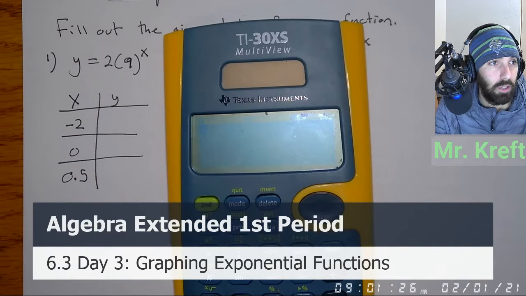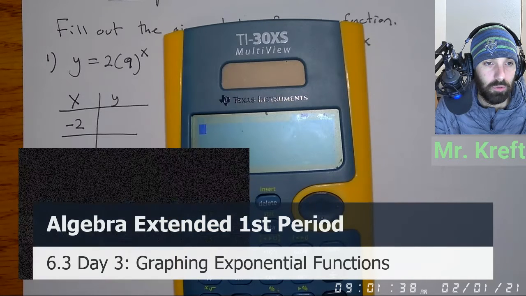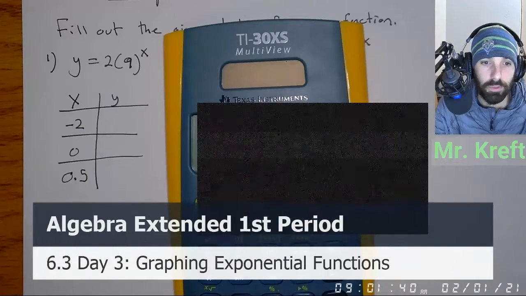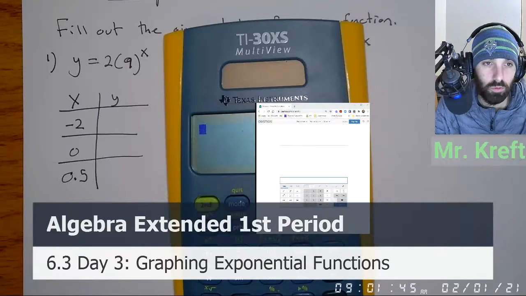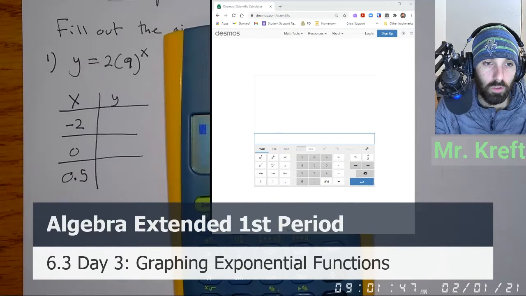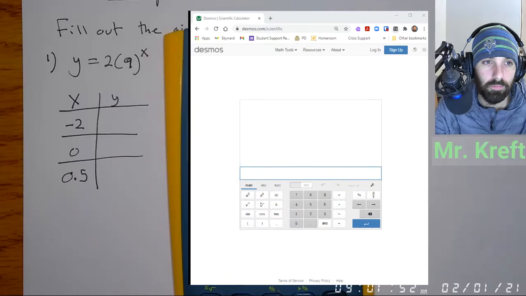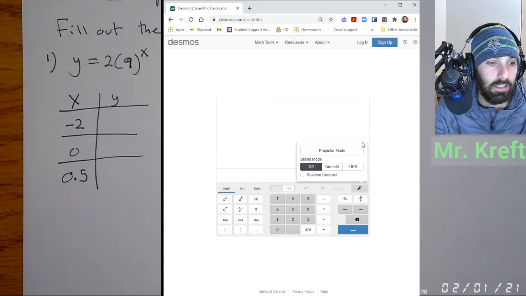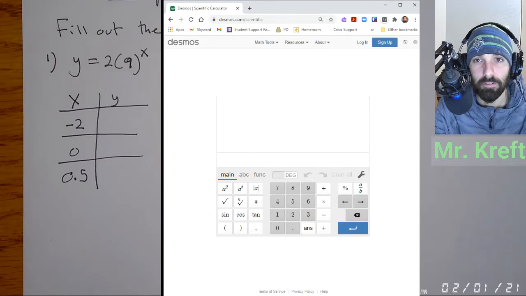Give me just a second. So I'm going to pull up Desmos Scientific Calculator. I'm just going to go like this. I'm going to add a new layer. I'm going to do app window. I'm going to get rid of this. All right, so I'm going to go ahead here and fill out this table on the left